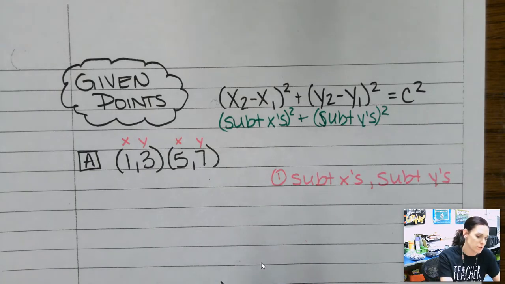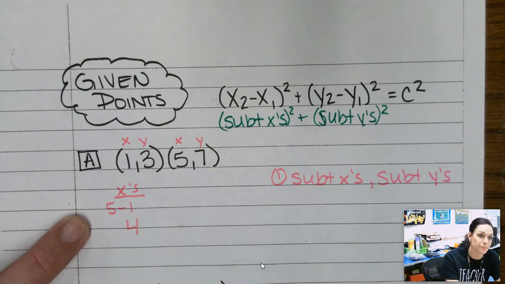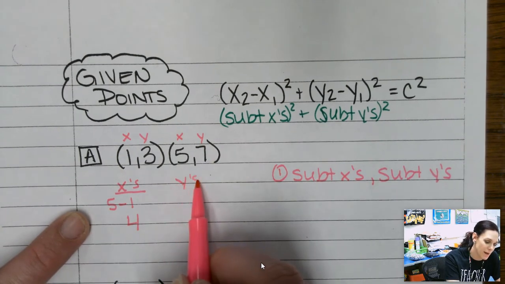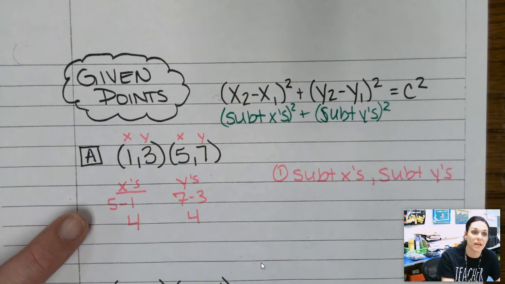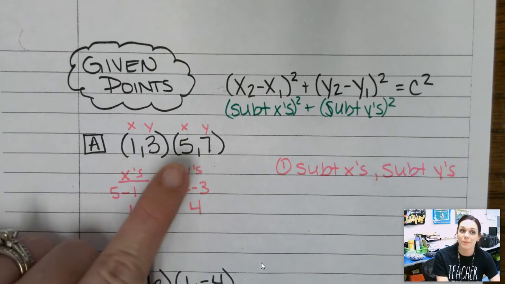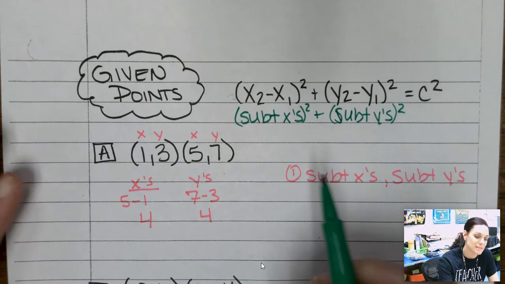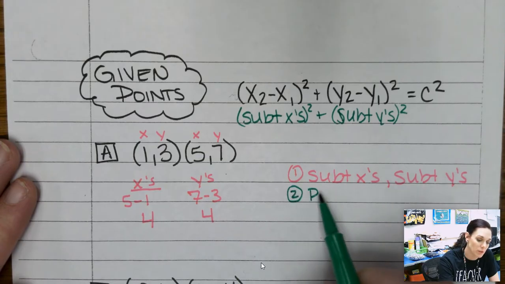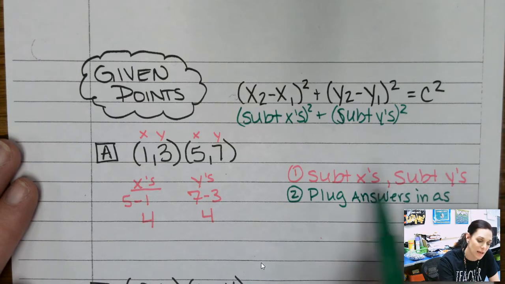All right, so let's do this. I'm going to subtract my x's, and that is going to become 5 minus 1, which we get 4. I'm going to subtract my y's, which is 7 minus 3, which also gets me 4. So again, 5 minus 1 is 4, 7 minus 3 is also 4. My next step then is going to be to plug my answers in as leg A